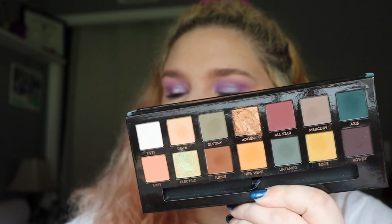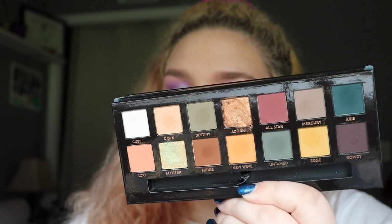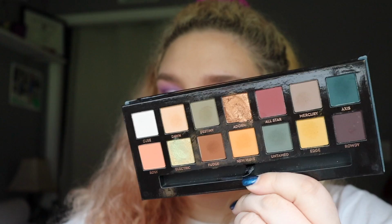Oh, that one's beautiful. So I just feel like this has been sitting in the back of my drawers. It really needs to get played with. It just needs to get used. It's probably one of my oldest palettes. I did buy it at TJ Maxx after the whole debacle with this, so that kind of tells you how old it is. And the one palette that I have actually used probably 3 or 4 times, so a little bit more than the rest, but still on par with the rest, is the